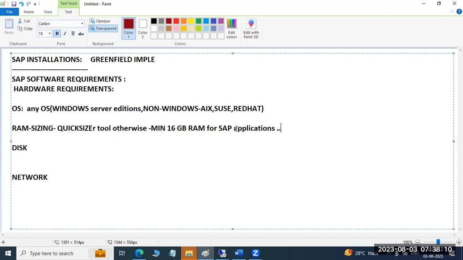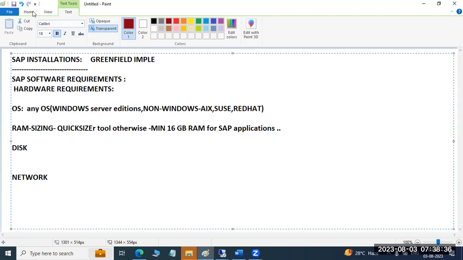It's SAP, right? So a minimum of 16 GB is enough for production applications, or 32 GB for production, and a minimum of 16 GB for the non-production systems. Here SAP means we will not install only one system. For each product, we will install multiple SAP applications. Each product means,